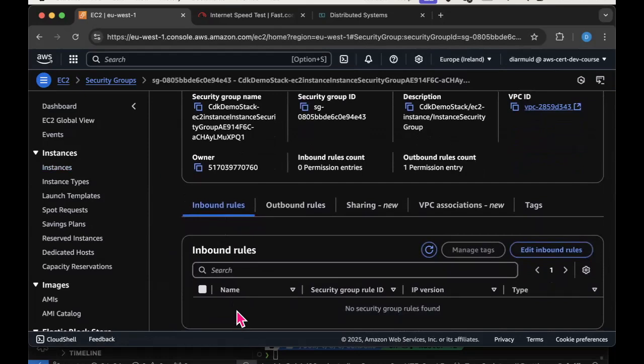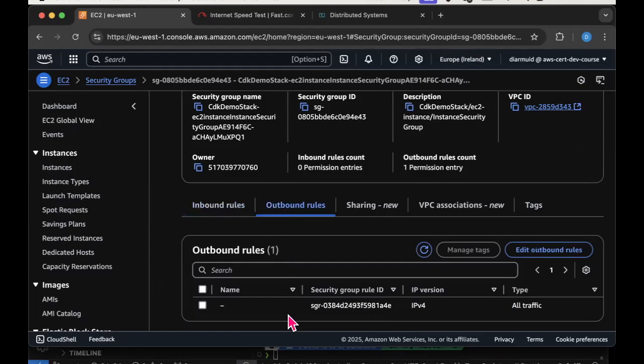Inbound rules control what type of TCP IP access, inbound access, you are giving to this EC2 instance. Currently, there is essentially no access, so there's no way I can connect to that EC2 instance.